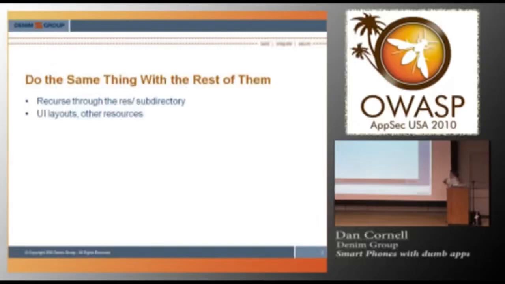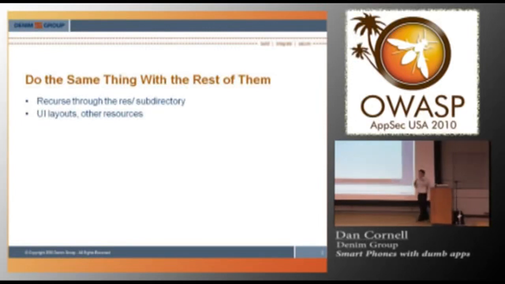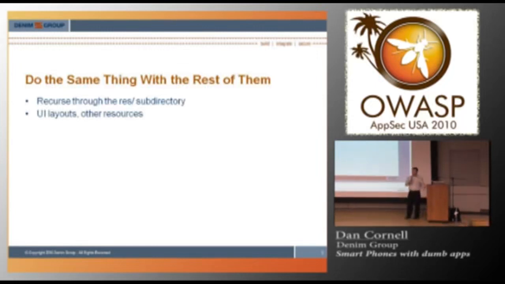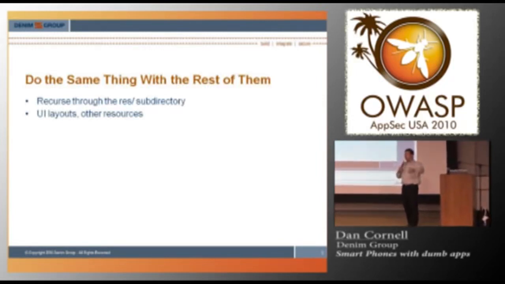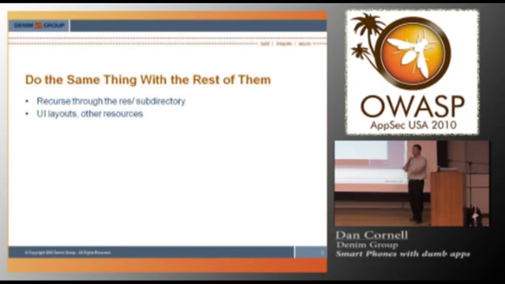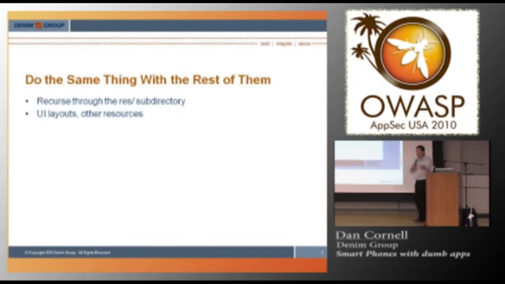And so we can do the same thing with the other XML files, and you can recurse. All the UI layout stuff in Android is done in XML files that, during the build process, get rolled up into this R.java. So if you're using static analysis tools as a developer, you've got to run through the first half of the build process so that the R.java file gets created, and then you need to include that R.java file when you stuff everything in to do the build. If you're coming at it from the other side.